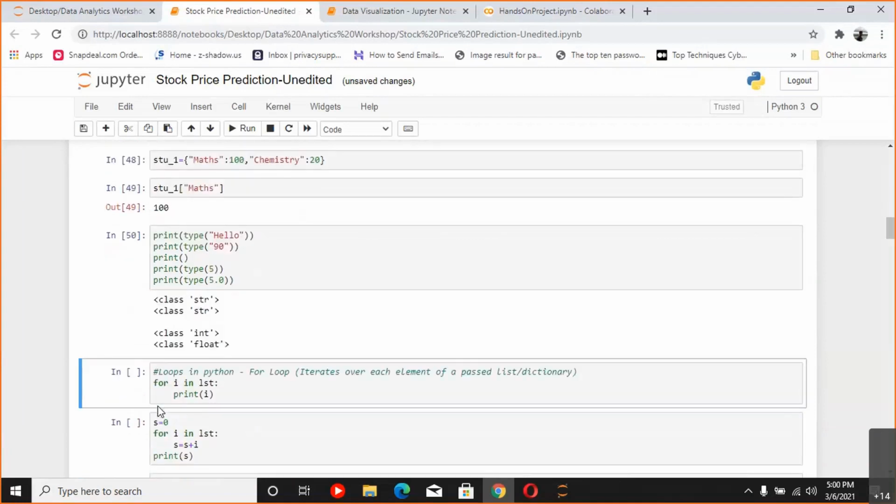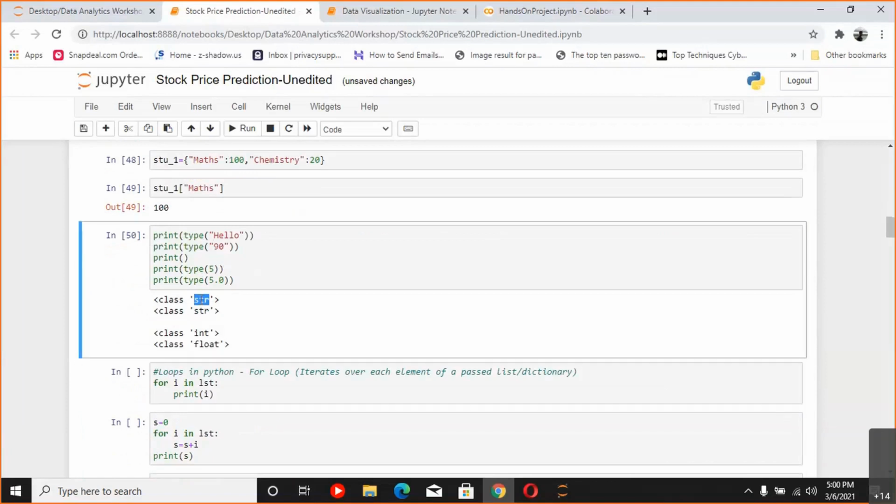And if we look at all the other kinds of things, then the string, as I said, is declared in double inverted commas. If you even put a pure number inside double or single inverted commas, it will also be a string. If there is no point, then it is an integer, and if there is a point inside the number, it is a float. So these are the 4 basic kinds of data types that are involved in Python. So this was all about data types.